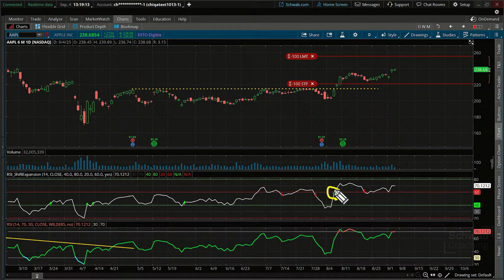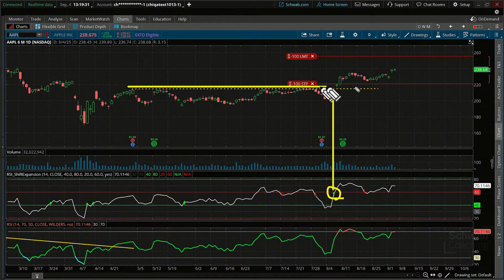In fact, if I highlight it right here, it did come actually before we even broke out. So you got your signal. RSI otherwise wouldn't have given any signal, but momentum picked up on it right there, even before we broke out above that longer term resistance level. Interesting, right? It was one of the stocks that was up really big that day, but because of that, there could have been some follow through, and it turns out there was.